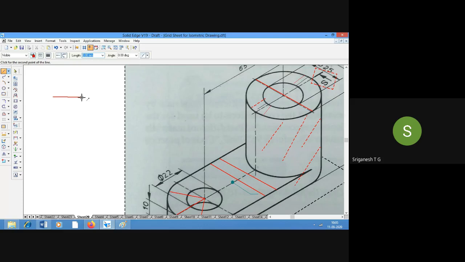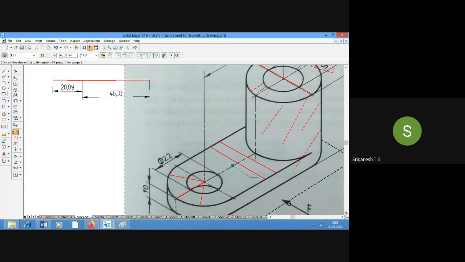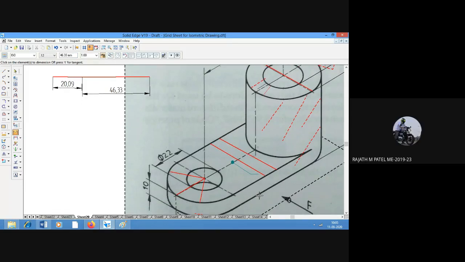From the center of the smaller circle to the center of the bigger circle, it is 65 mm. Correct, no? Two portions. Is that clear or not? Clear, sir.